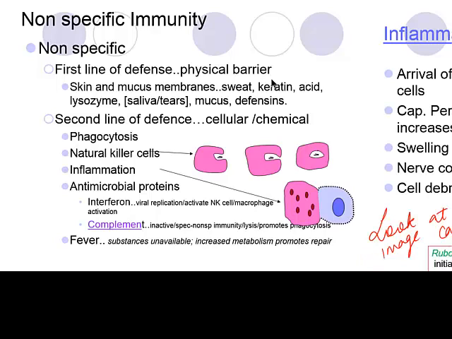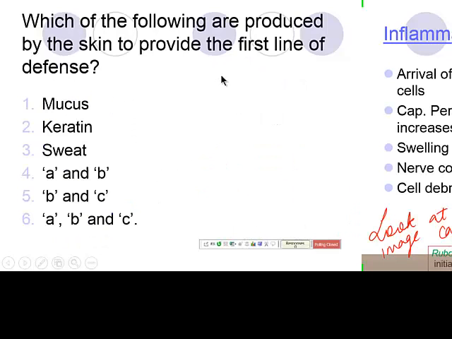And complement is important because it takes part both in non-specific immunity and specific immunity, which is also called adaptive immunity. Okay? So let's now go on to